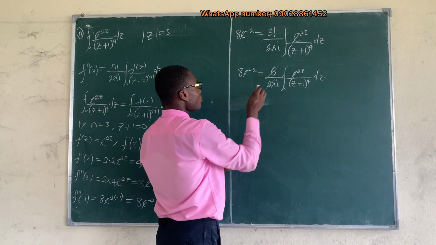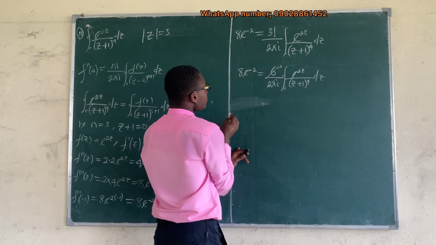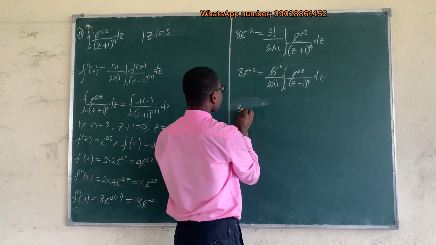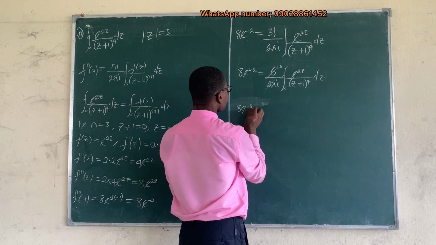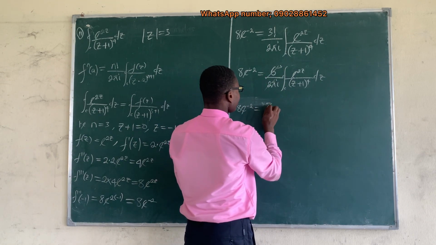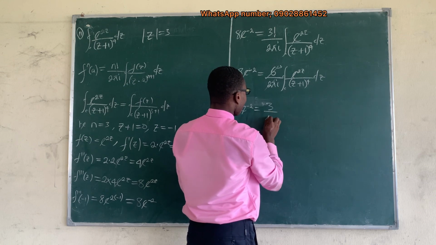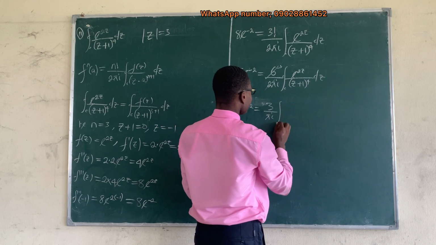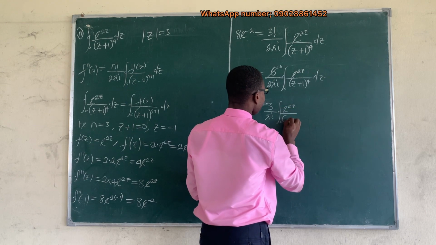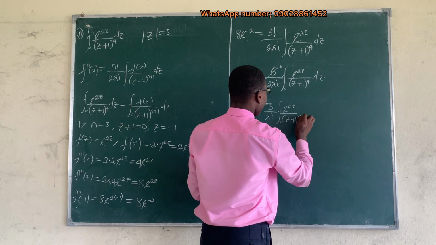So this will go, we have 3 here. So this implies that 8 exponential minus 2 is equal to 6 divided by 2 is 3, 3 over pi I, exponential 2z over z plus 1 to the power of 4